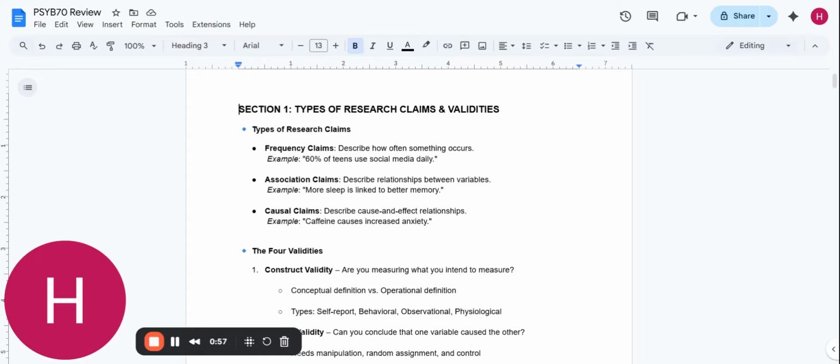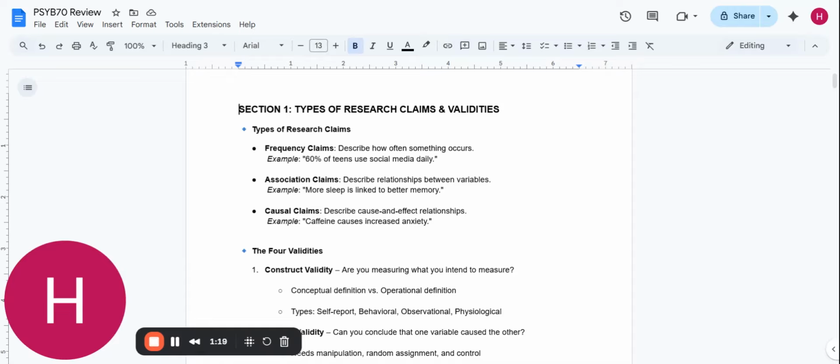setting. The second type is association claim, which means what is the relation between different variables. So this is not about a single variable, it's about more than one variable. For example, more sleep is linked to better memory. So it can be two or even more variables that have different kinds of relationship together, and we call this